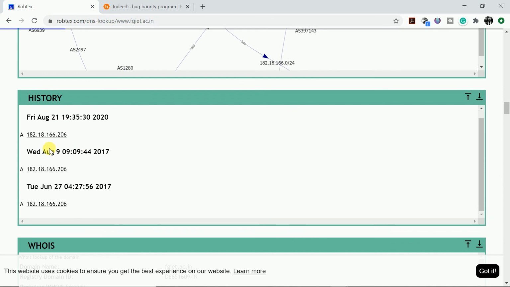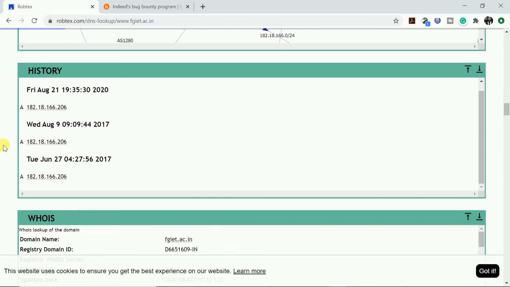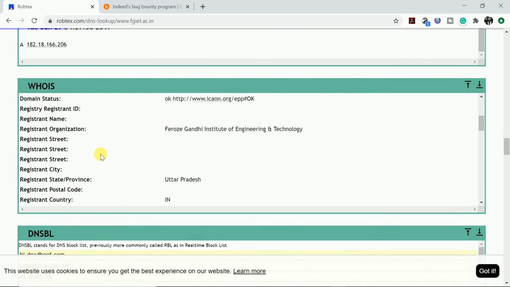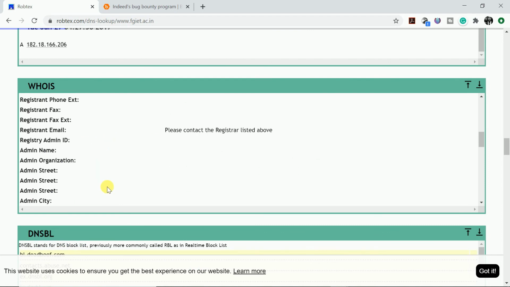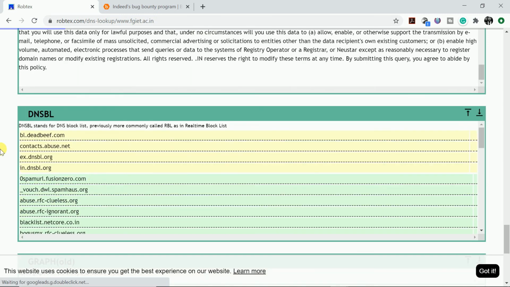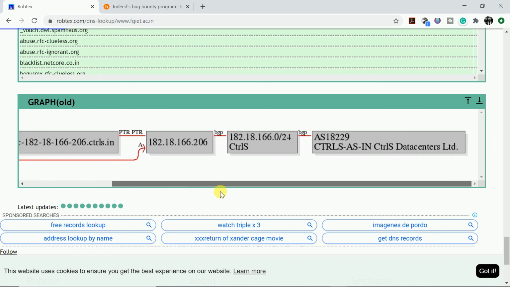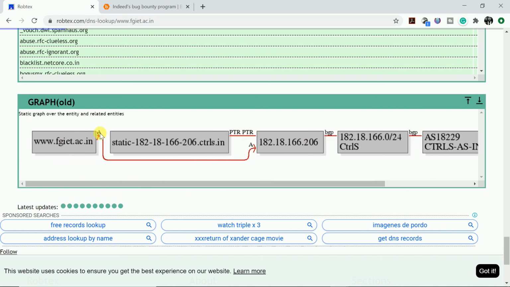So we have only A records here, and what should I expect from a college institute now? Okay, so nothing more information. Okay, so here we have some graph to show you, and you can see it's an A record.